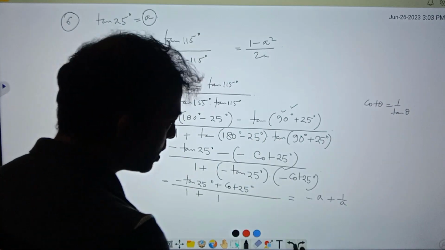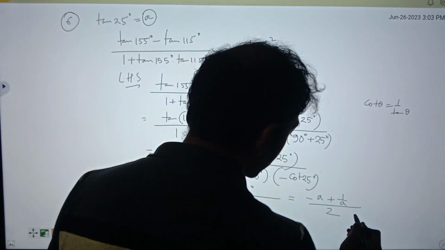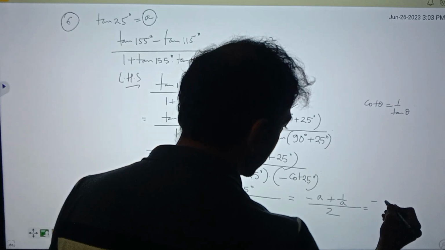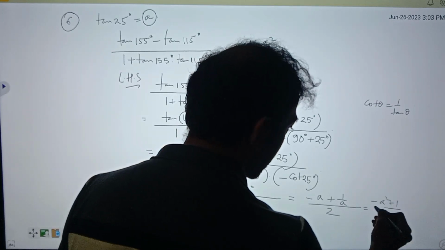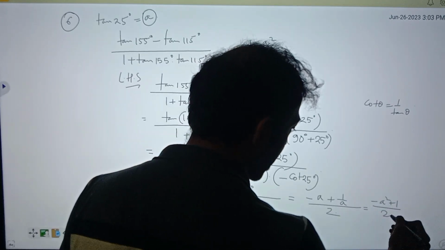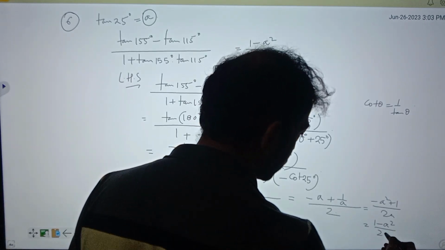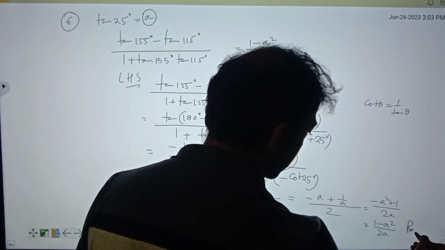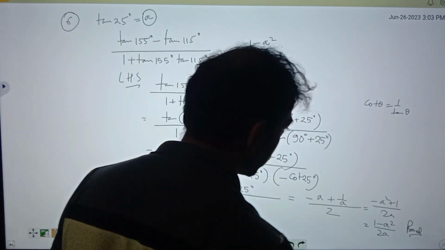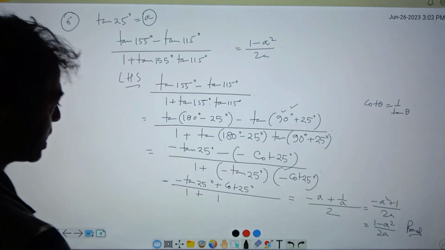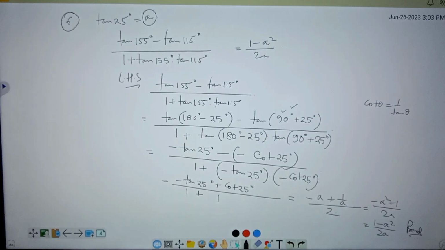We all know that. So this is 2 in the denominator part, and the result will be minus of A square plus 1 divided by A into 2, that will be 2A. So the total result will be 1 minus A square divided by 2A. That was the proof actually. So that was the process. Now we are moving on to the next problem,